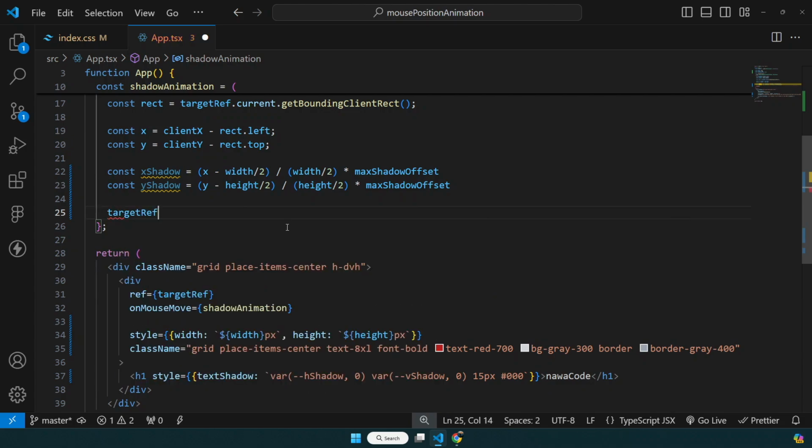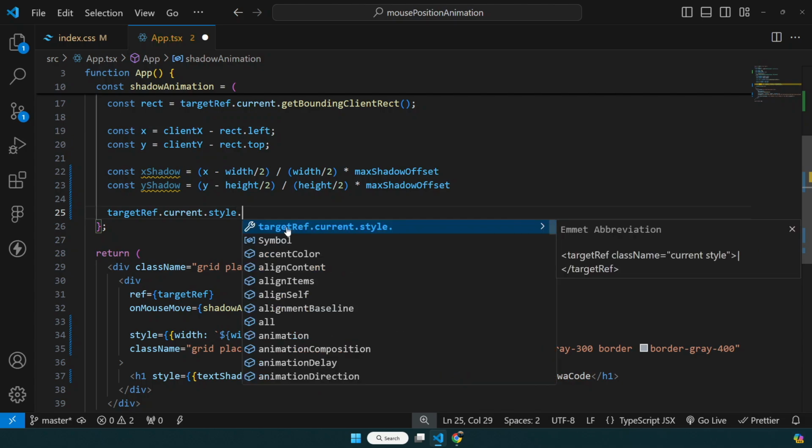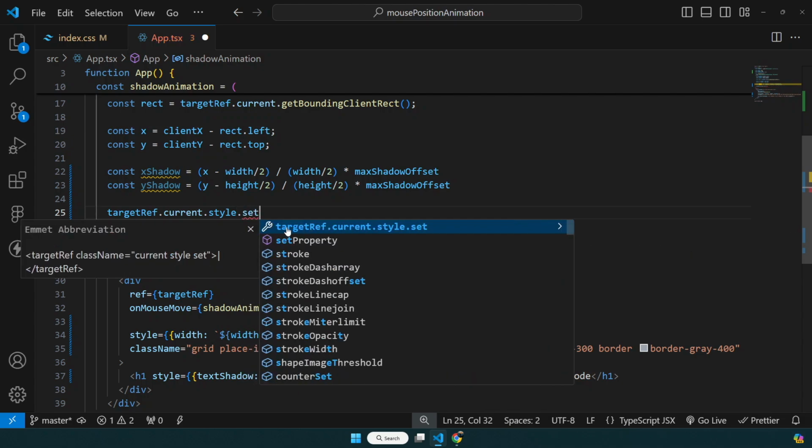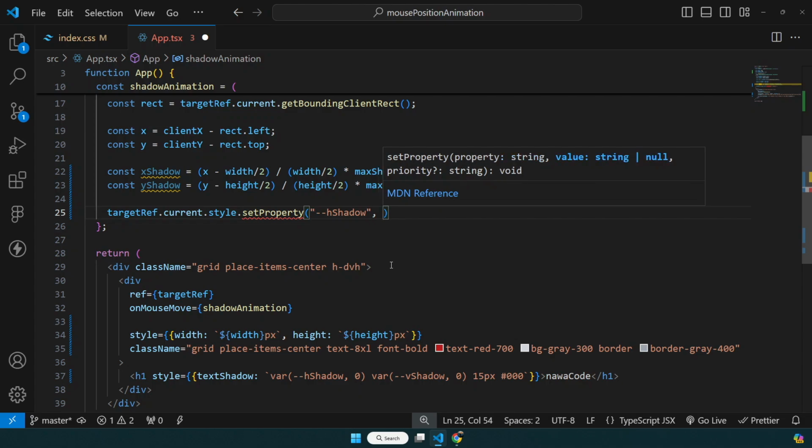I can just say target ref and get the current from there, and then we have to change the style of it and add a set property on it. Okay, so set property, and what kind of property do I want to set on this one? I want to set the property of this horizontal shadow, and make sure you name it correctly. If you didn't name it correctly on the same thing over here, the shadow effect, you will not get the shadow effect, right? And we want to change, depend this value upon this x shadow,